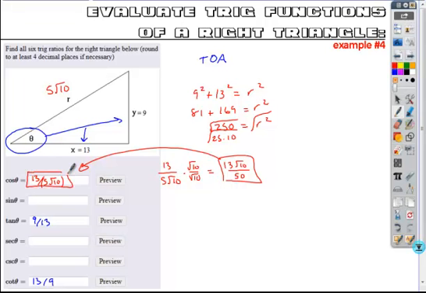Once you have the cosine written in this form, you can find its reciprocal ratio, which is secant, again starting with the different letter. The numerator would be 5 root 10, and the denominator would now be 13. And do the same thing for the last pair, the sine and its reciprocal. Sine is opposite, which is 9, over hypotenuse, which is 5 root 10. And then the reciprocal of sine is cosecant, so 5 root 10 over